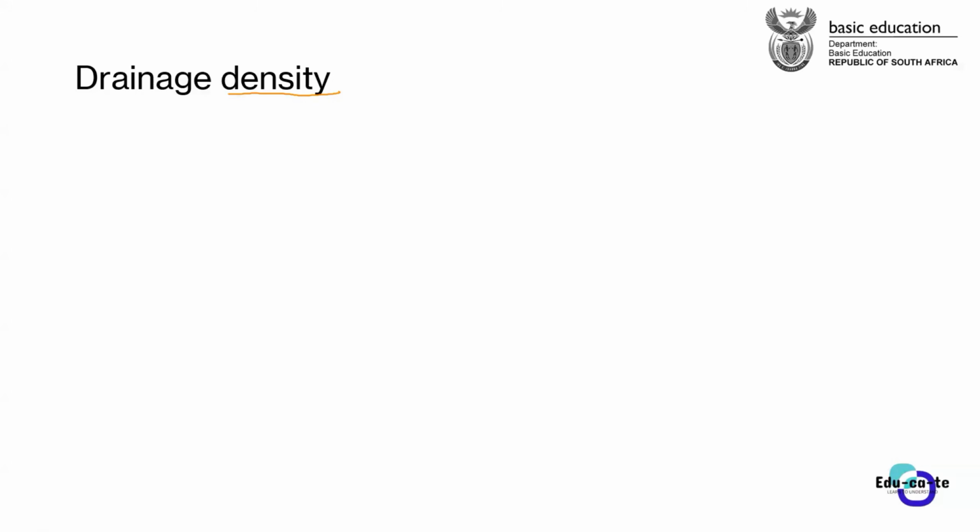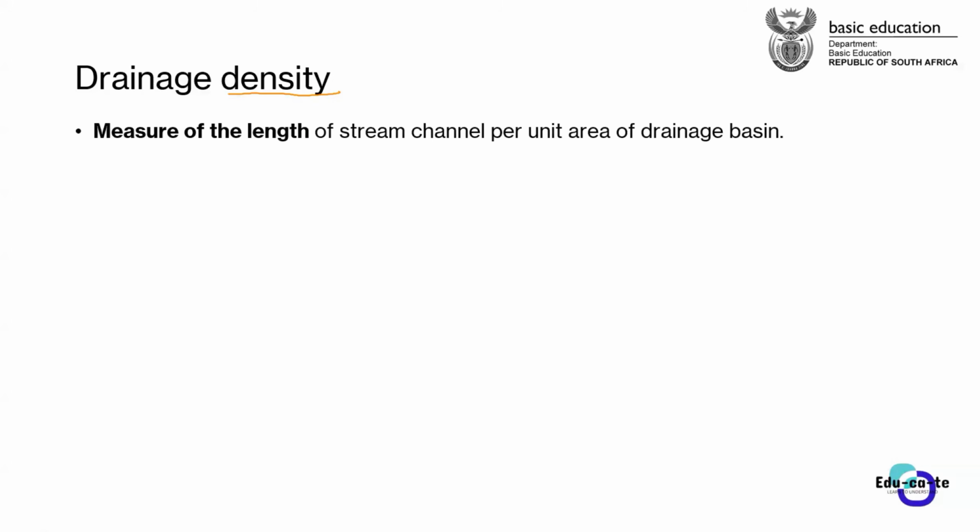So when we're talking about the drainage density, we are actually measuring the length of the stream channel per unit area of the drainage basin. We want to try and see how dense the streams are. Usually we are looking at how long the streams are, because if the streams are long there, we can say that we have got higher drainage density. So basically we are measuring the size in terms of the length. The length of what? The length of the streams in a drainage basin. Do you guys hear that?